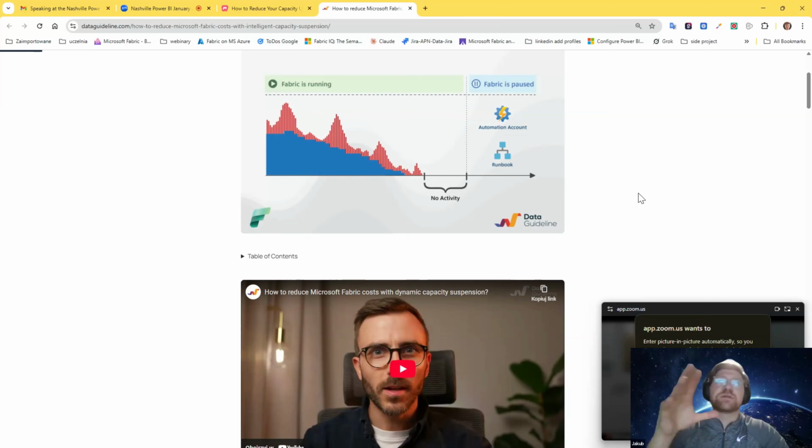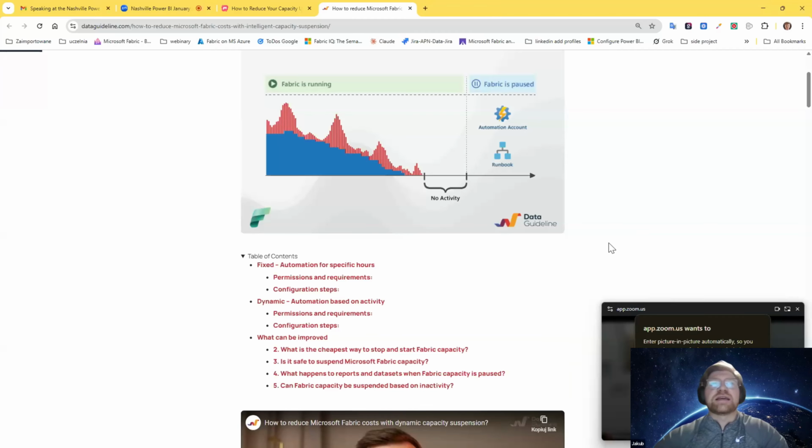The first one, the simple one, which is super easy, you can do in 2 minutes, is to set up just the hour when the capacity should be switched on and switched off. Alternatively, according to that instruction, you can also set up adaptive